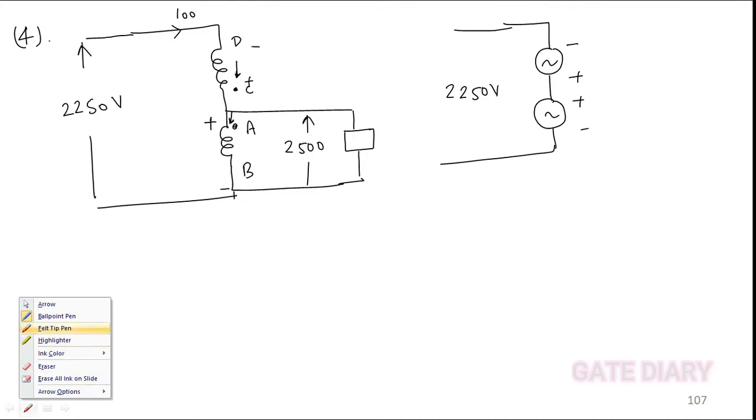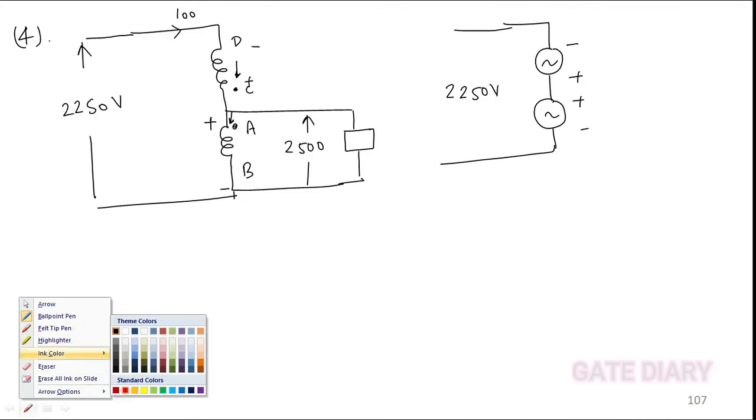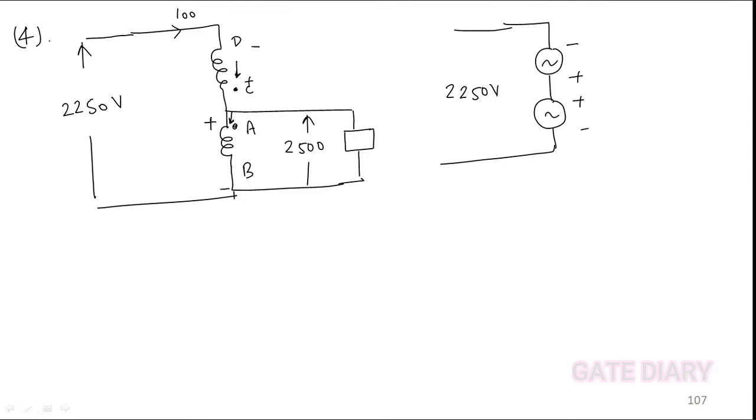Let me change the color of the ink. Here it is leaving. At the primary side, current is leaving. So it must enter into the dot to satisfy Lenz's law, and you know how much current will enter? 10 amps. Apply KCL on this node, then you will get the current flowing through this load. 100 amps is coming, 10 amps, so here you will get 90 amps.